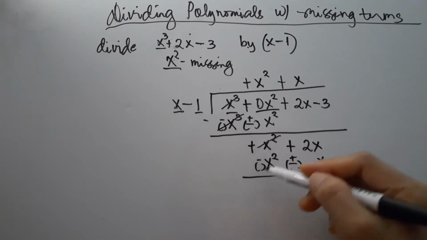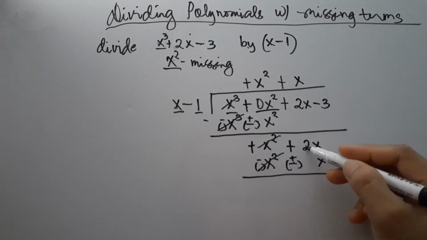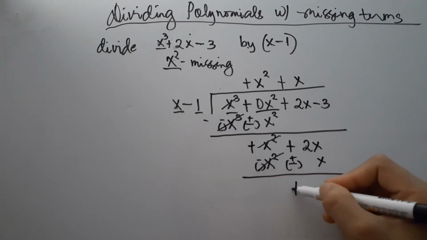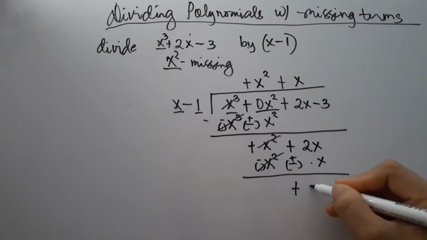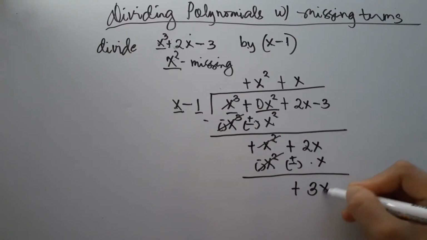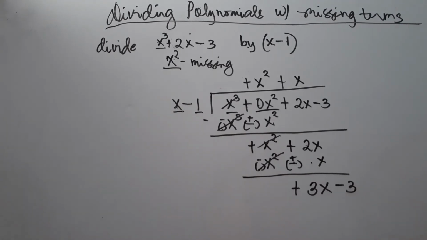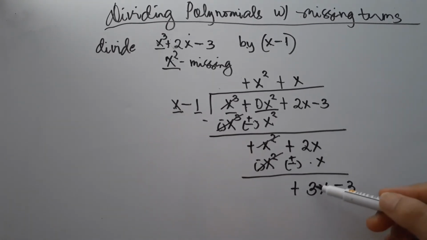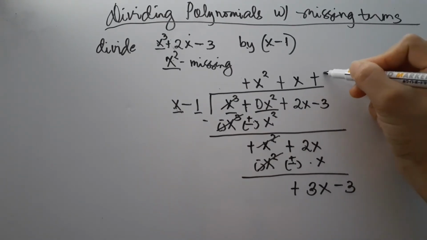Then cancel out x squared, then 2x, since it is like signs, we add 2 plus 1 becomes 3, and copy the variable x. Bring down negative 3, so 3x divided by x becomes positive 3,